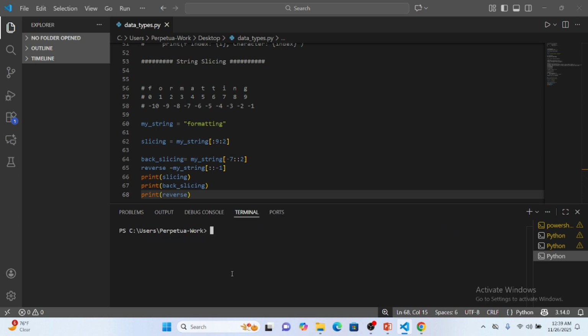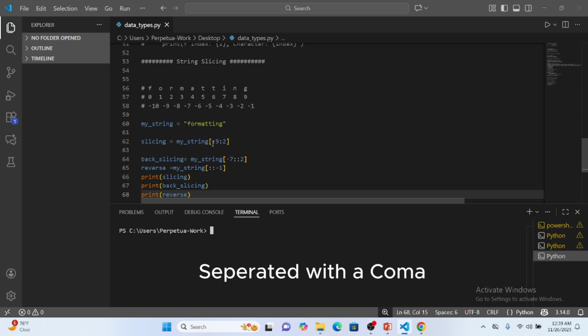And remember that we are taking notes of 5 facts. First is that you can use the positive indexing from 0 to the length of your string, then you can also use the negative indexing from -1 to the length of your string. And the next thing is that when you are entering your parameter for your slicing, you are going to be needing 2 to 3 parameters, and each of them will be separated with a colon. So the first parameter is your start index, the second parameter is your stop index, and then your last parameter is the step, right? And then you can also reverse your string using these two colons and then